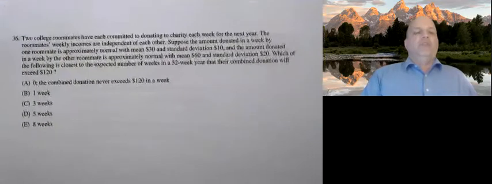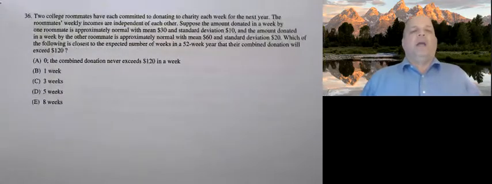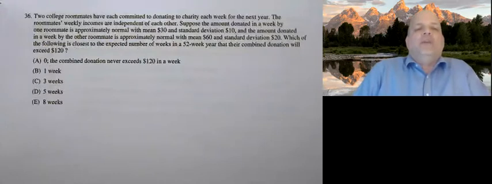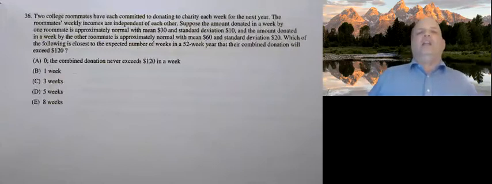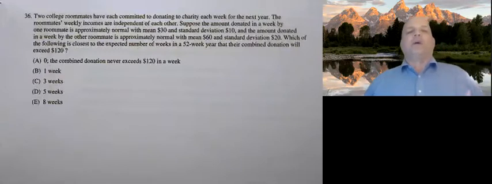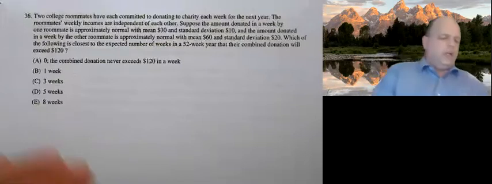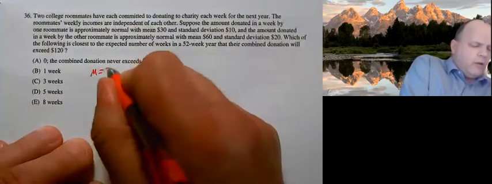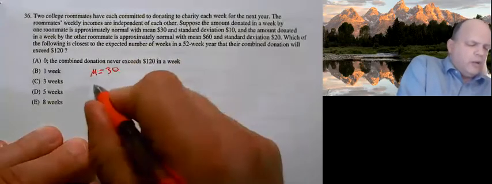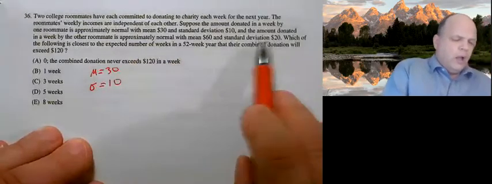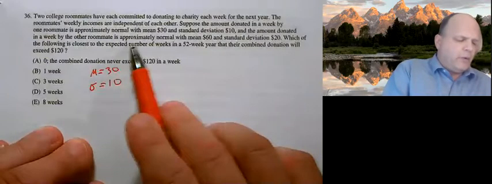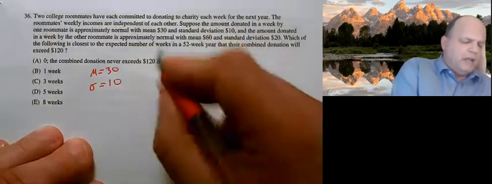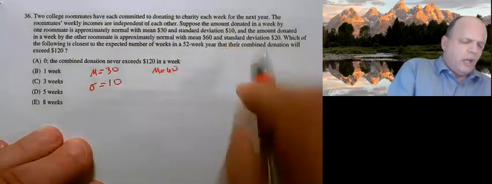Okay. This is also a pretty challenging problem, in my opinion. Two college roommates each have committed to donating to charity each week for the next year. The roommates' weekly incomes are independent of each other. Suppose the amount donated in a week by one roommate is approximately normal with a mean of 30, so we have a mean of 30 and a standard deviation of 10. And the amount donated by the other roommate is also approximately normal with a mean of 60 and a standard